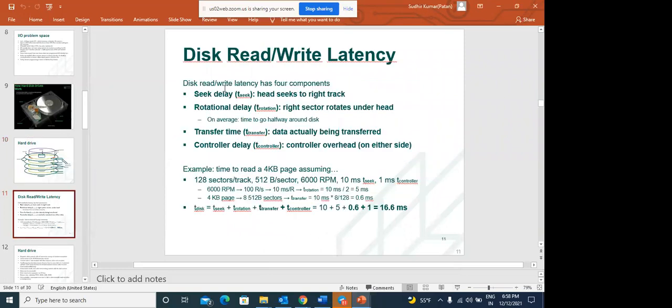Rotational delay. These are, you can say, the properties of read write latency, which has four components. Latency actually means delay, a delay between a signal and the actual operation being generated. Let's say you click on an icon: how much time will it take to open? That is latency.